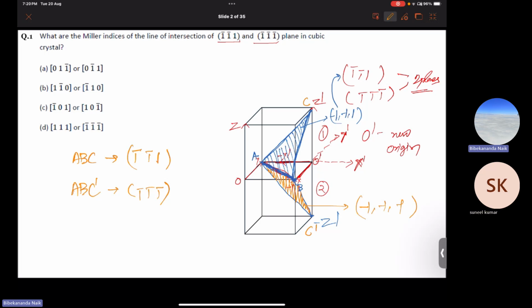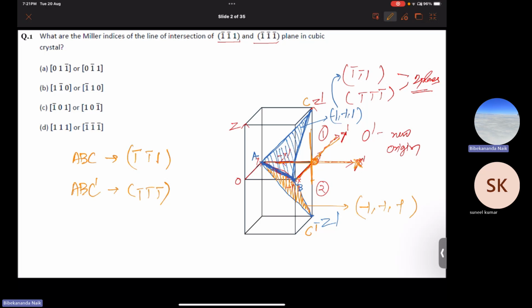Okay, sir. So if you see here, let me explain it once again. We shifted the origin here, so this is O prime. This is our x-axis, this is our y-axis, and this is our z-axis. So this is z prime minus z prime, x prime minus x prime, and y prime minus y prime. If we draw the plane with respect to this origin O prime, then this blue shaded plane will have the Miller indices -1, -1, 1, because it intercepts the x-axis at -1, the y-axis at -1, and the z-axis